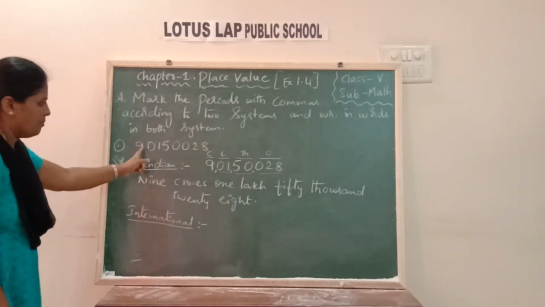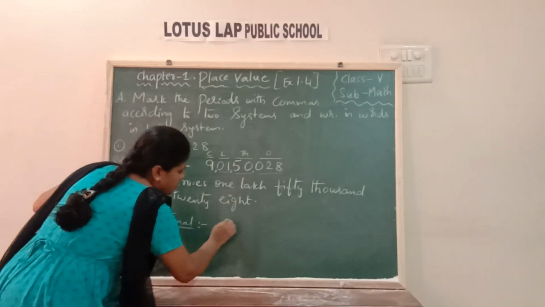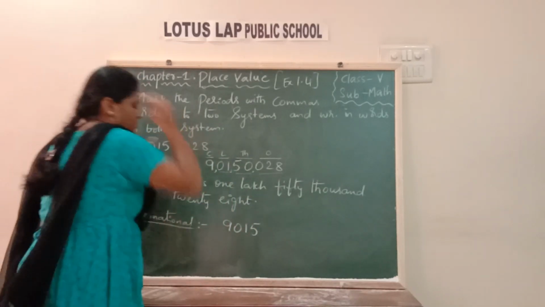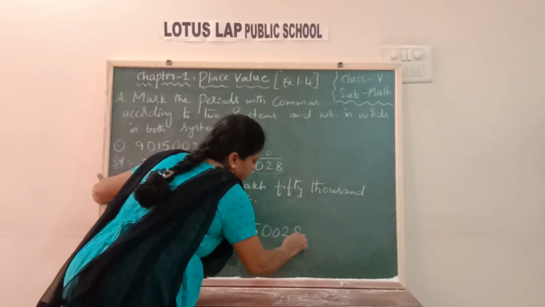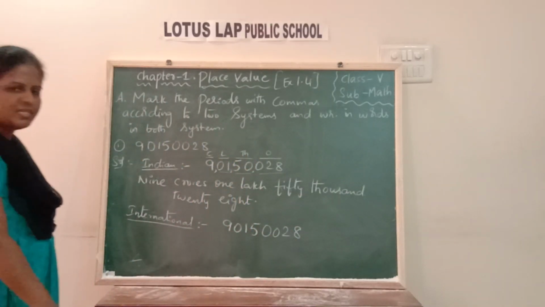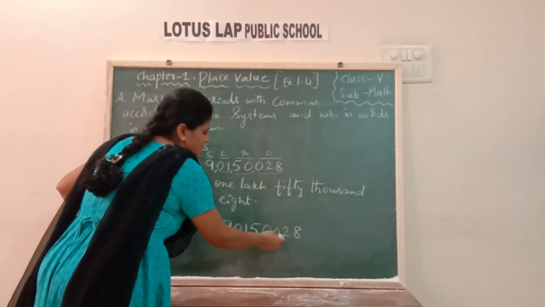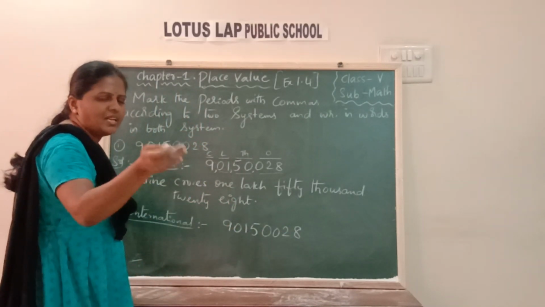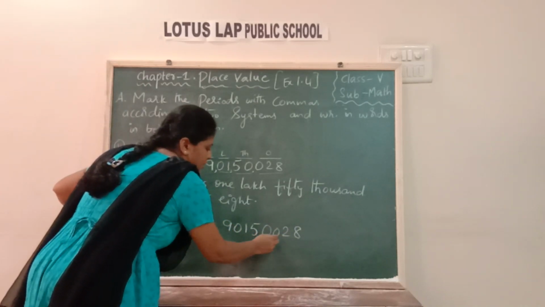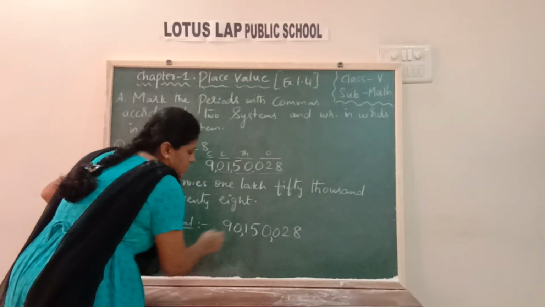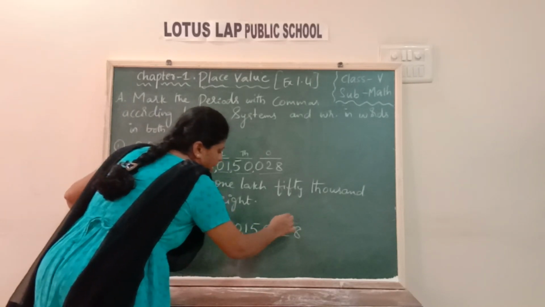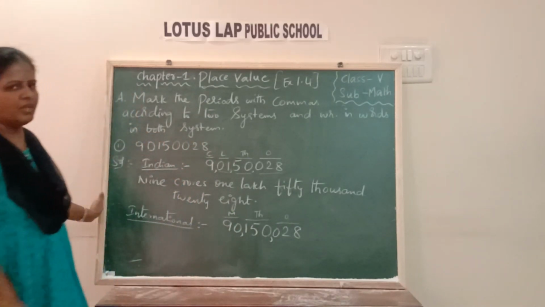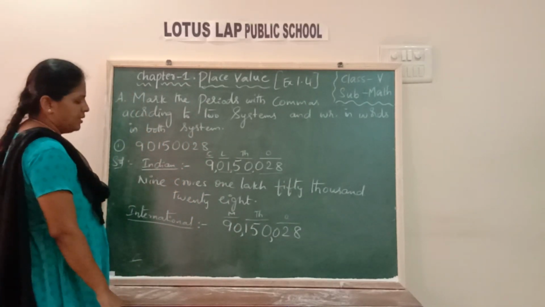Now let us see the same number in the international system. Same number, children, let us copy down in the international system. Why? Because we need to place the commas again according to the international system. Now according to the international system, how do we place the comma? After every 3 digits, because every period contains 3 places. First after 3 digits, next also after 3 digits. This is the ones period. Next 3 digits, thousands period. Next 3 digits, millions period. So period-wise you read the number and write it in words.